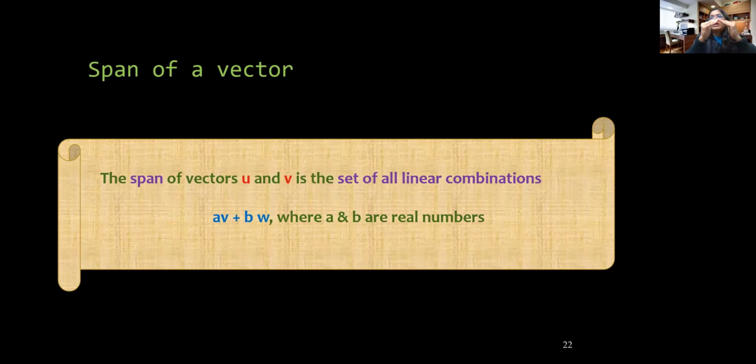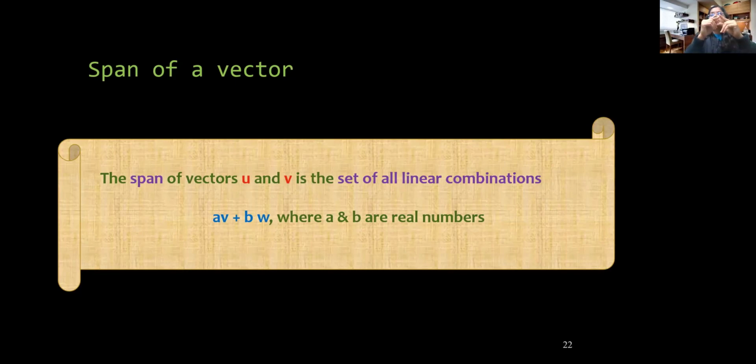But only in the specific cases when the two vectors were coinciding, like they were on the same line, maybe of the same length or different length, we were not able to reach the points in the 2-dimensional space. Whatever combination we were using, we were on the same line, so we were in just a 1-dimensional space. And when the vectors are the 0 vector, obviously we are not reaching anywhere, we are at the origin.